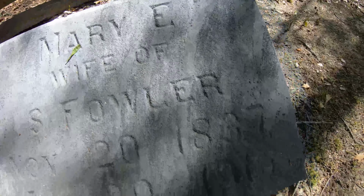But anyway, on to our next site. Last stop on today's adventure is the Barnett Cemetery. This one is literally right off of the road right there. So you come in, right down there is where you pay, and just a few hundred yards on the right. And this cemetery has very old